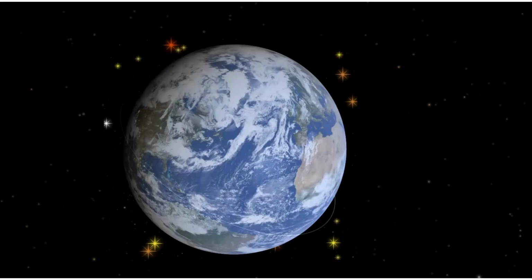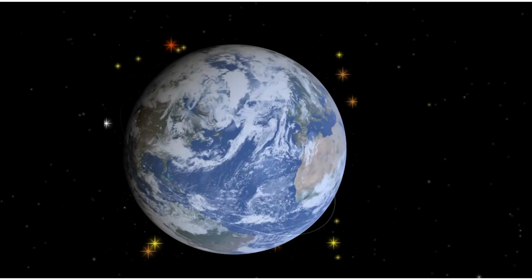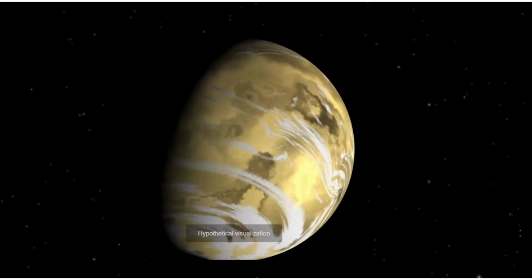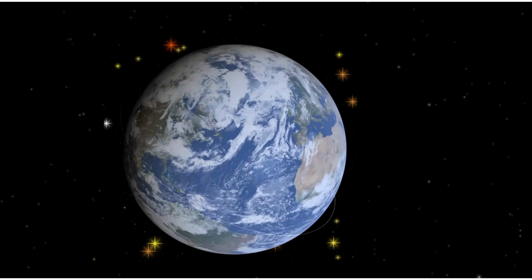Here's a more detailed breakdown. Warp field generation. A powerful energy source, like a warp core, generates high-energy plasma, which is then funneled through warp coils or generators to create a warp field. Warp bubble. This warp field forms a warp bubble around the ship, distorting space-time. Space-time distortion.